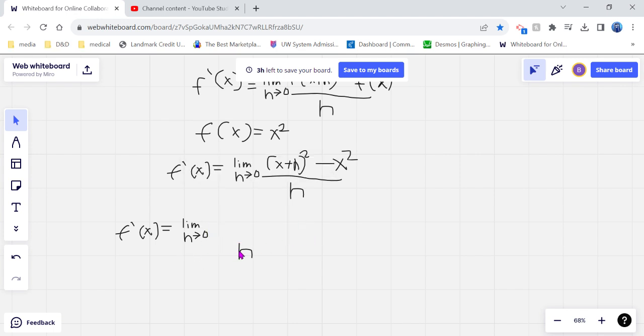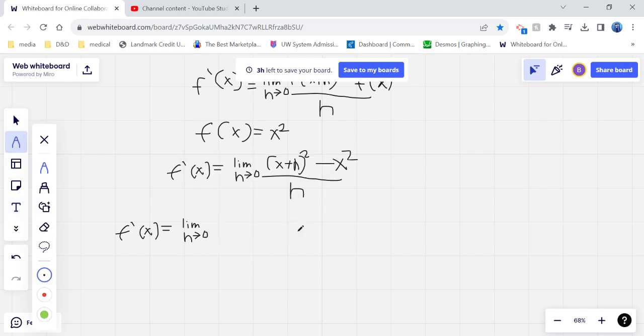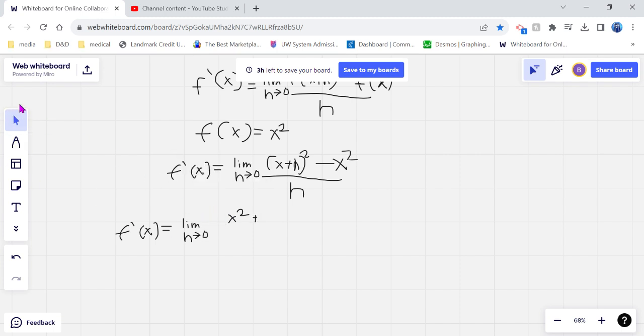Simplifying this numerator here, instead of writing x plus h squared, we know that factoring that out, that ends up being x squared plus 2xh plus h squared minus x squared